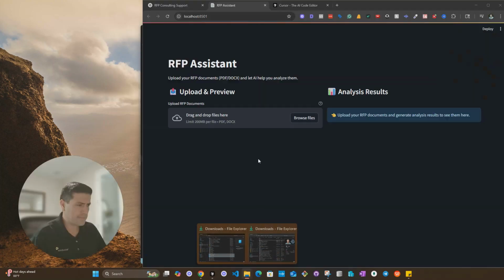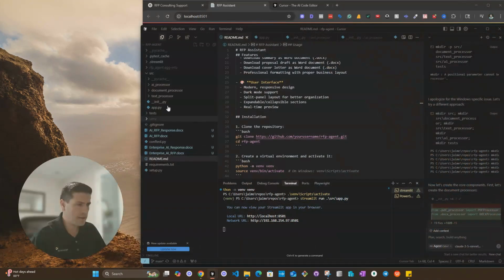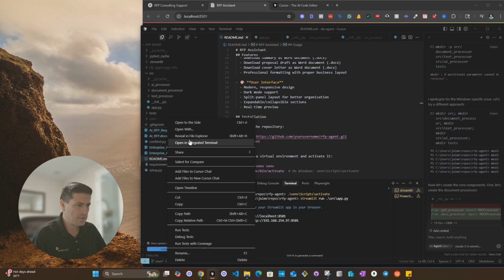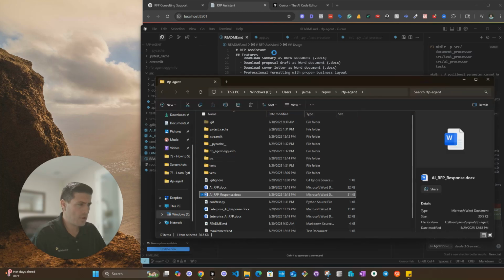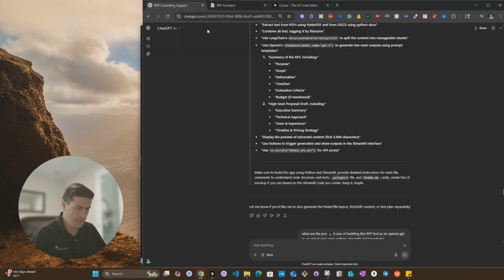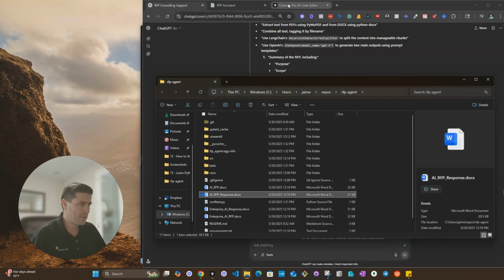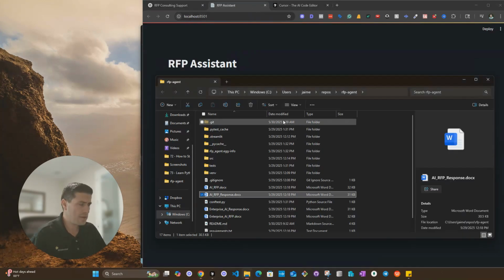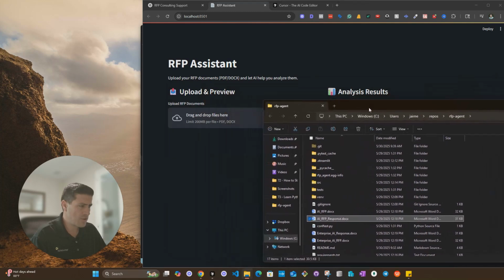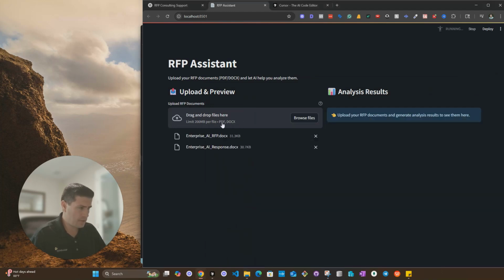Where is it? Oh, I closed them. Give me one second. I'm going to go back and open my Explorer, and then go back to the application. Not that, here. And then I'm just going to drag and drop. Let's do the enterprise. Drag and drop the enterprise